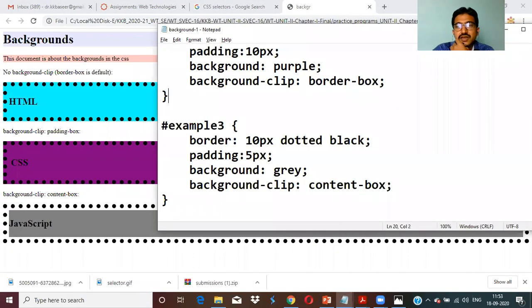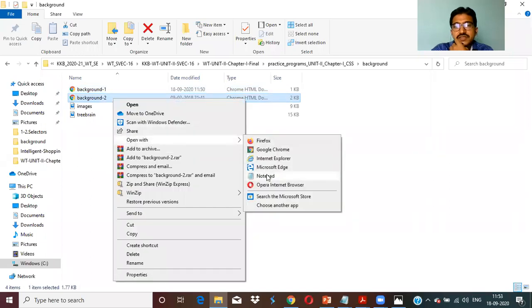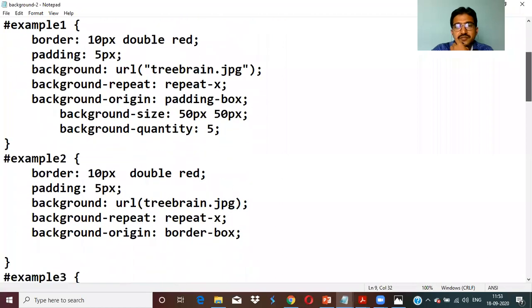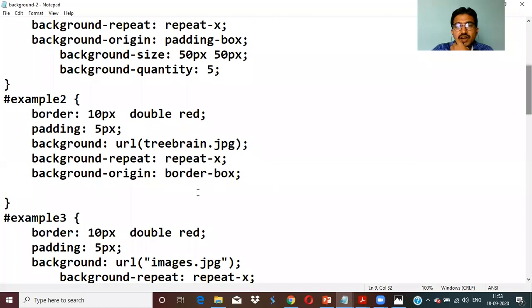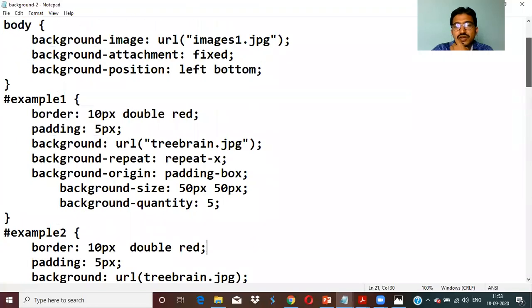And the rest of the properties and values are the same as they are. In the same fashion, I will share example 2 later also. Please run it yourself in your program so that we can understand the attachment, which is fixed. We'll talk about these examples later as well. This is for understanding how we'll be repeating, repeat x and sizes, and how they differ, such types of properties. I have an example. I will talk about it in the next class.